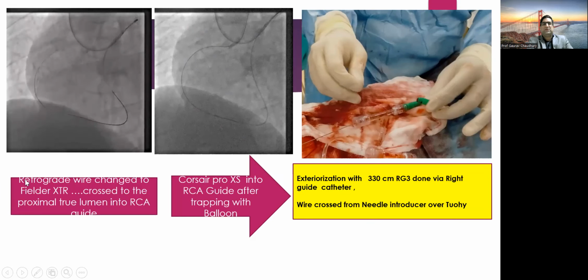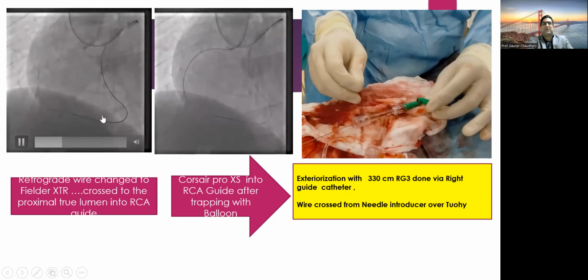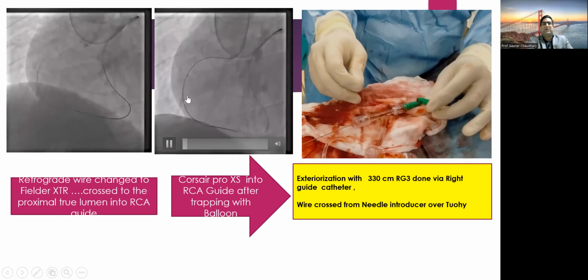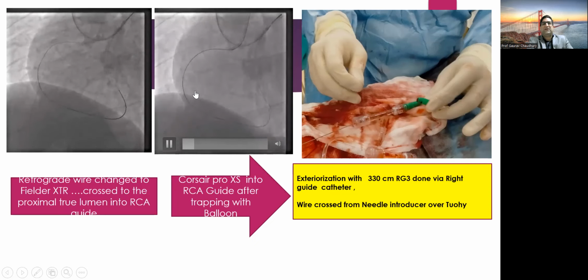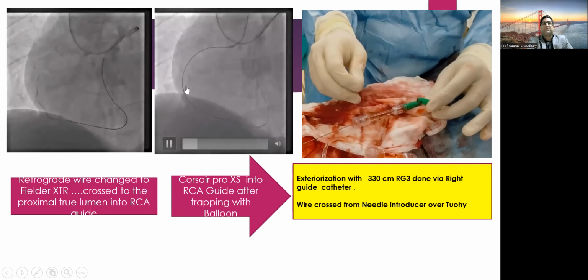So this Filter XTR was negotiated from the distal segment into the proximal segment. And fortunately, it got into the true lumen, because this can happen 10 to 20% of the time when the CTO segment is not that calcified. Then we can often succeed in going from the distal true lumen to the proximal true lumen after crossing the